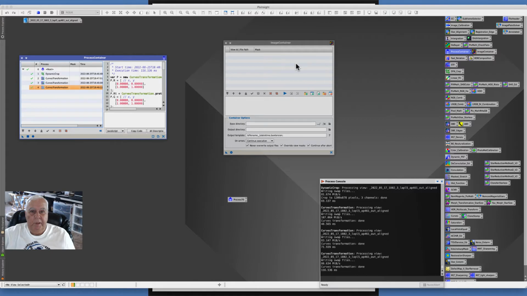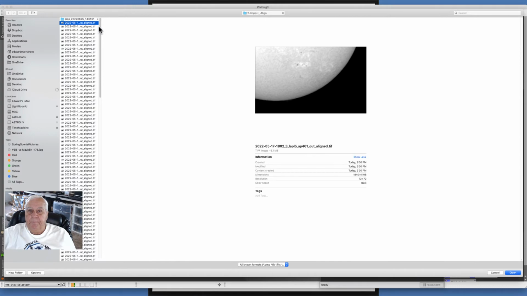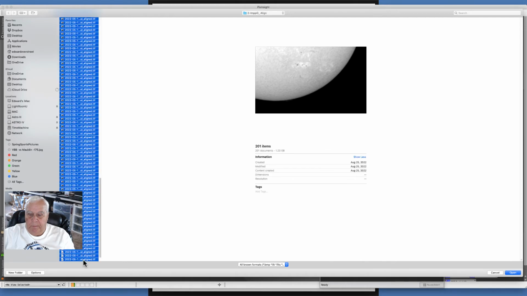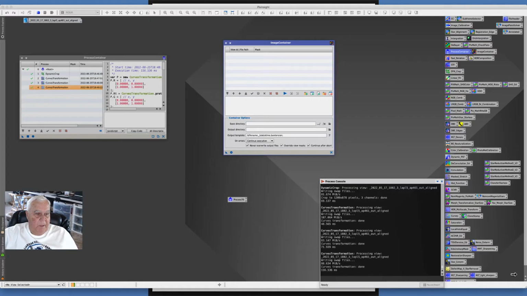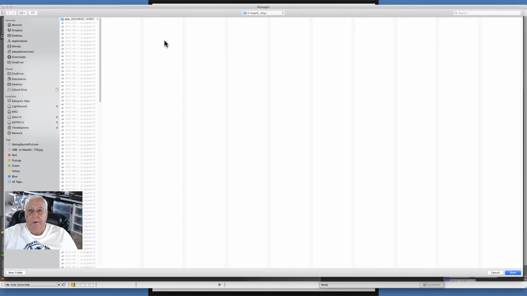Now I need to load my files, so I'm going to go right here and let's see, make sure we're going to load the right ones. This is it. We're going to grab all 201. We didn't eliminate any. We need an output directory. We don't need a base directory. And so let's go to